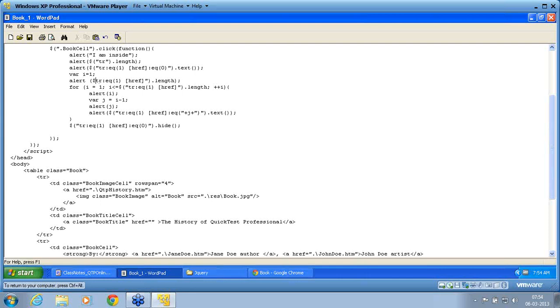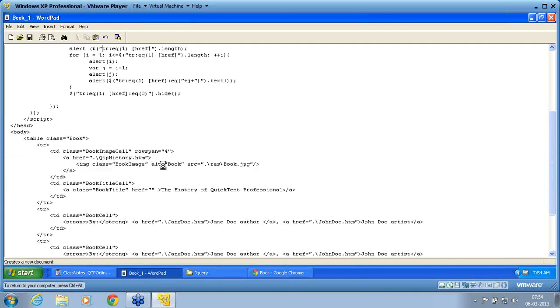Okay, I remove the dollar, bracket, colon tr, bracket, no bracket, colon tr href, yes, dot length. Make sure the number of brackets are matching.